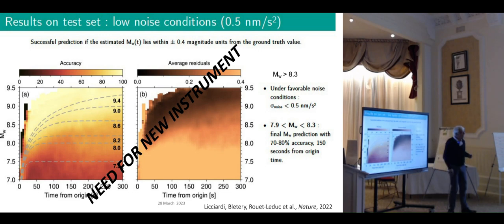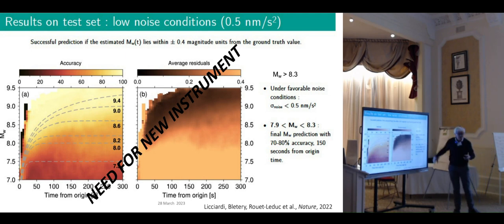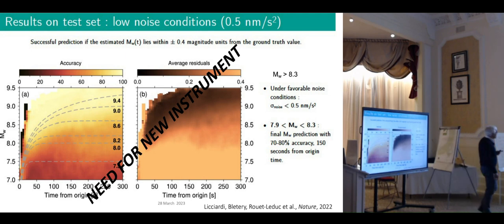We can see that so far with the classical broadband seismometers, it's almost impossible to detect earthquakes smaller than 8.0, basically. There is one counterexample in Alaska,